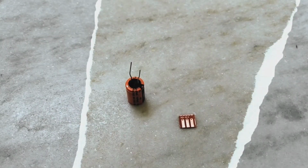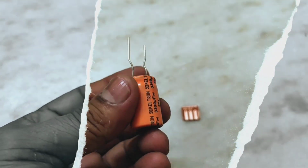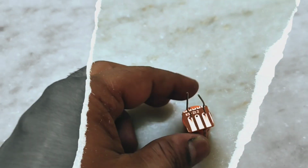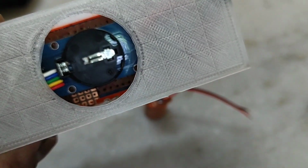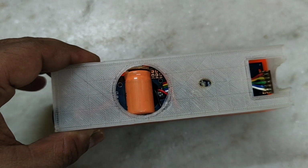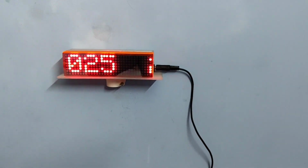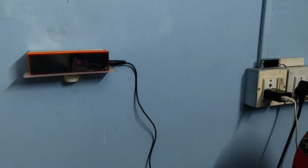Let's start the project. So friends, first of all you must take a capacitor. I have taken, you can see, a 3300 microfarad or 3.3 farad capacitor. Install it on a PCB like this and connect the capacitor with two wires. I will place this capacitor instead of the battery and connect the positive terminal with the positive and the negative terminal with the negative of the RTC module battery terminal. You can see now I have power on the clock,